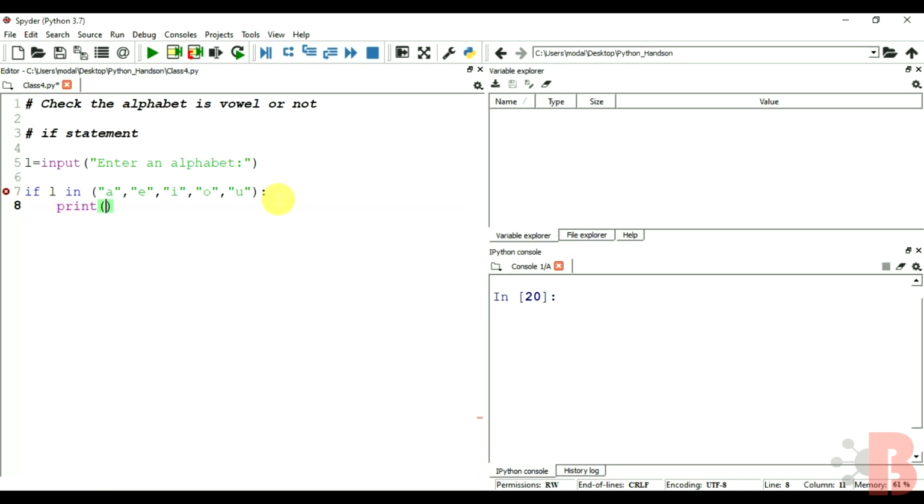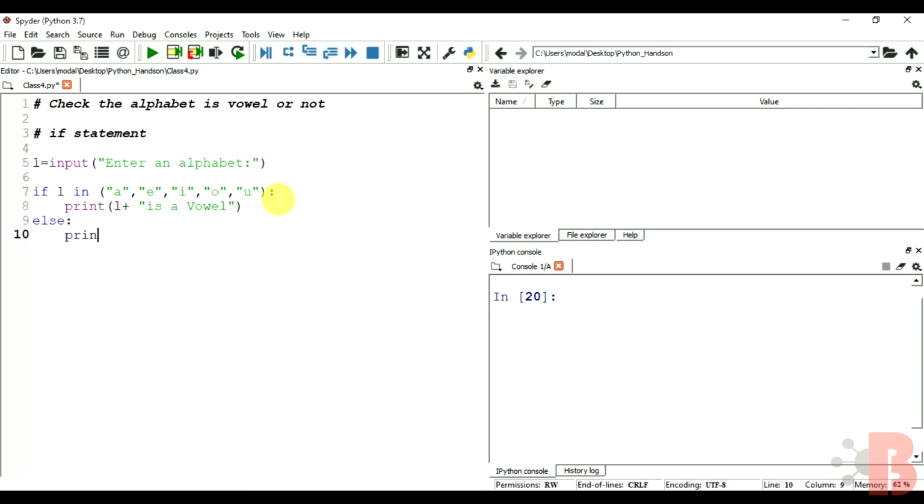Print L is a vowel. Okay, clear? If L doesn't belong to any of those five letters, if it does not belong to A or E or I or O or U, then what should happen? For that we will have a separate keyword called else. Else print